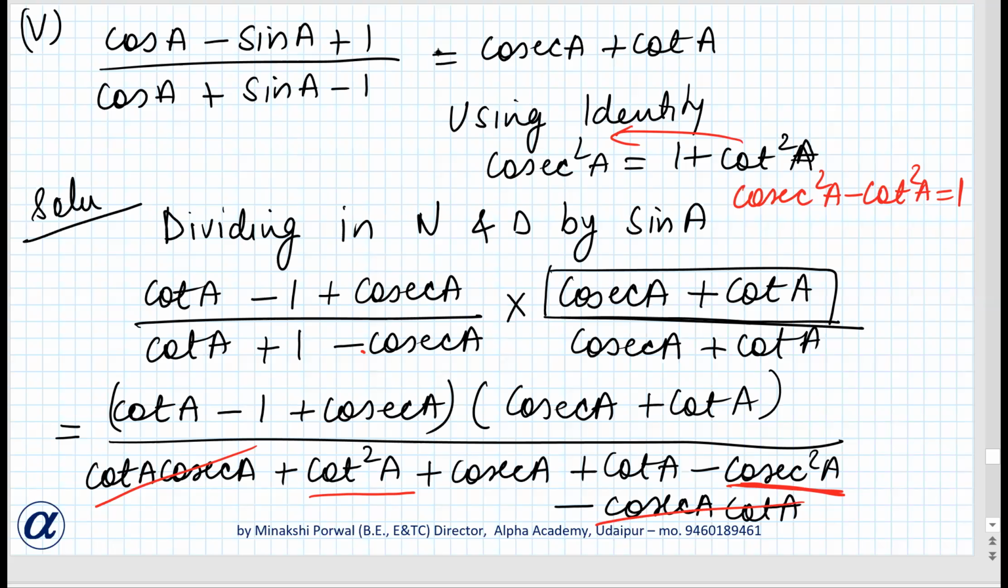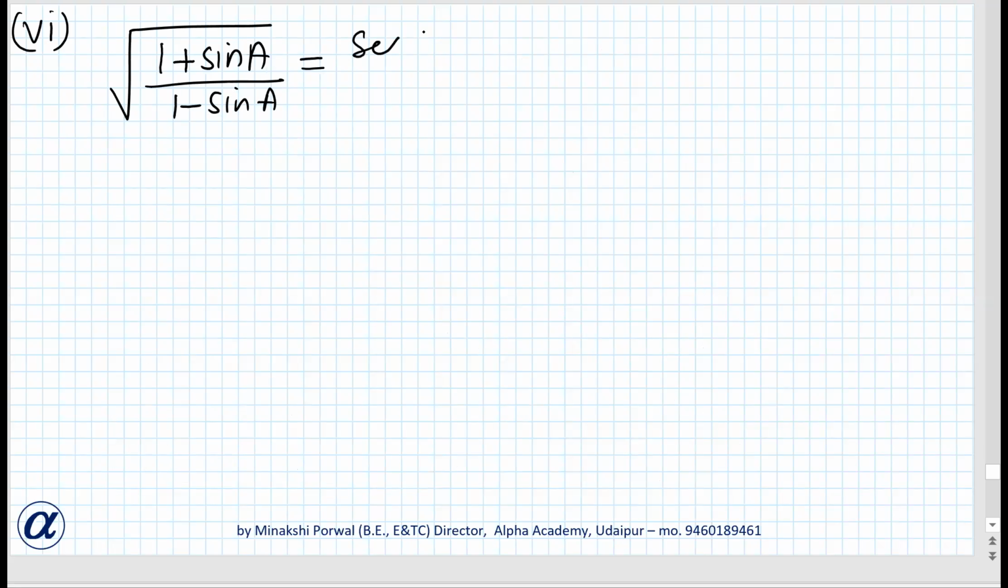Okay. So, sixth question. This is the last question of today. After that, we'll be discussing the same thing again. And the remaining 4 parts we'll be doing in next class. Okay. So, 1 plus sin A upon 1 minus sin A equals to sec A plus tan A. Okay. In this,